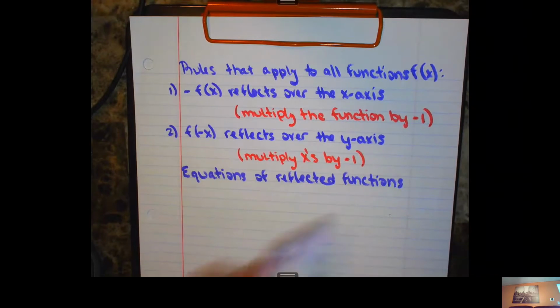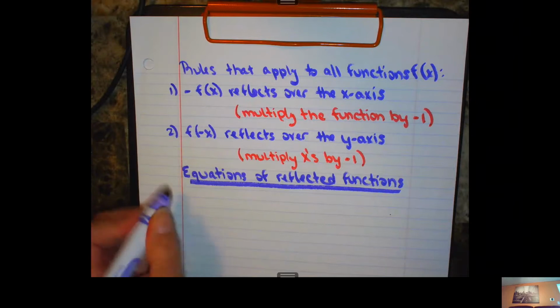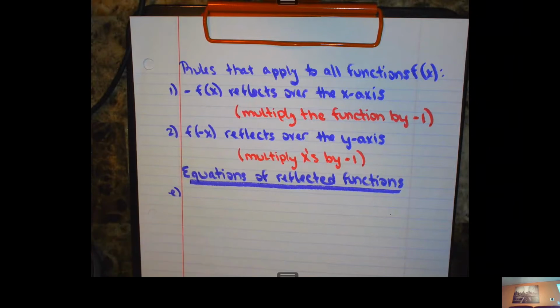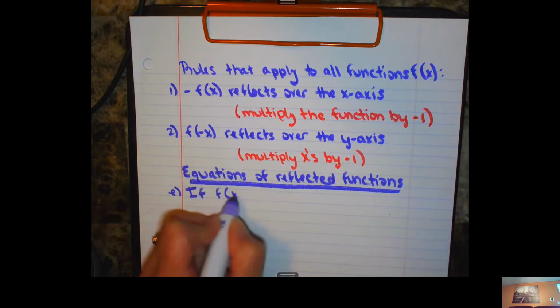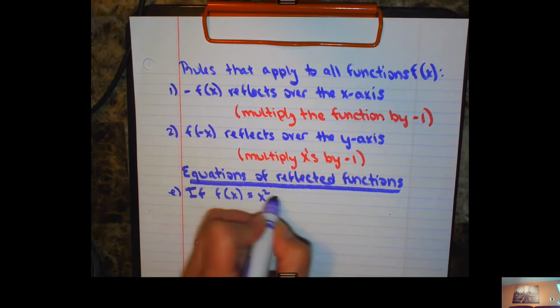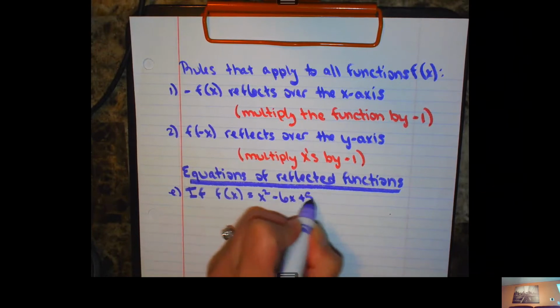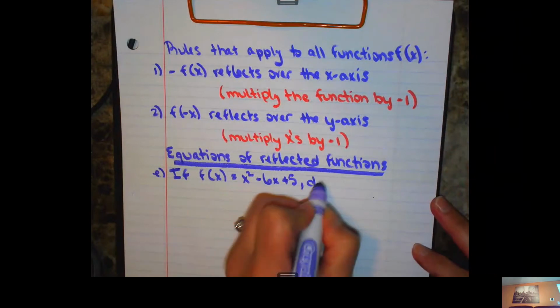And we're going to do 4 examples. So this is going to be example E. So we have 2 parts. So can you write if f of x equals x squared minus 6x plus 5, determine a formula